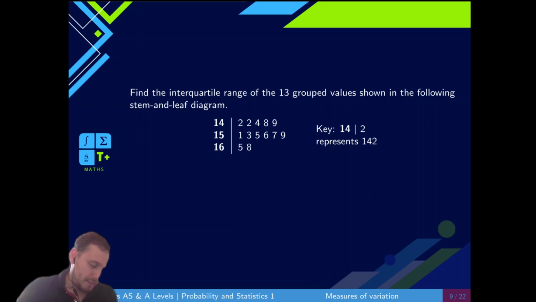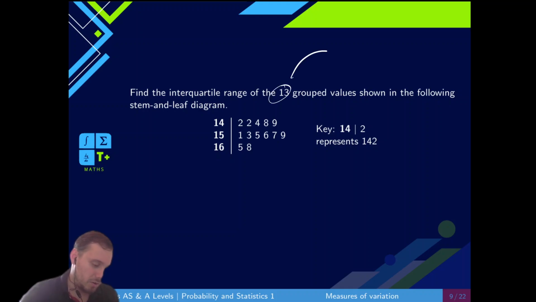We have this stem and leaf diagram that has 13 grouped values. For example, the key here tells you that 14 and 2 means 142. We're not given exactly what they mean, but they are values that we're going to be using, and we're going to find again the interquartile range. So we have 13